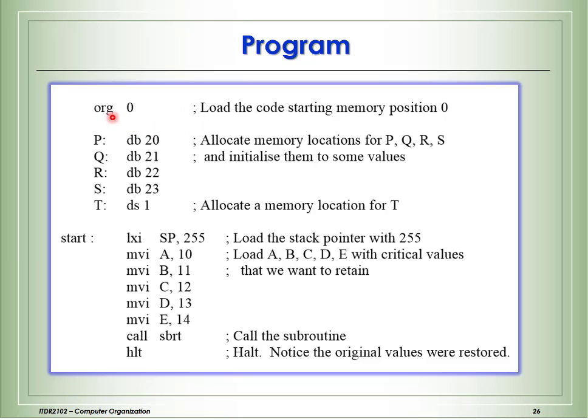Now as you know, ORG is a directive that loads the code starting at memory location 0. Here you can see P, Q, R, S, T. These are the labels, user-defined names. Here you see the directives: four directives we use for define byte, and one directive for define space. Define byte allocates 8 bits for P, Q, R, S,